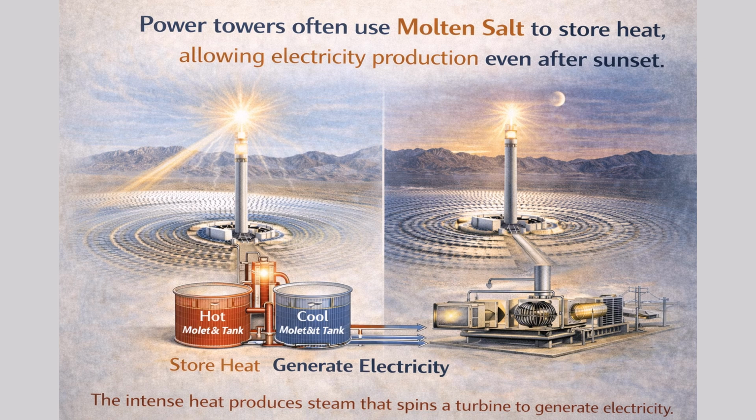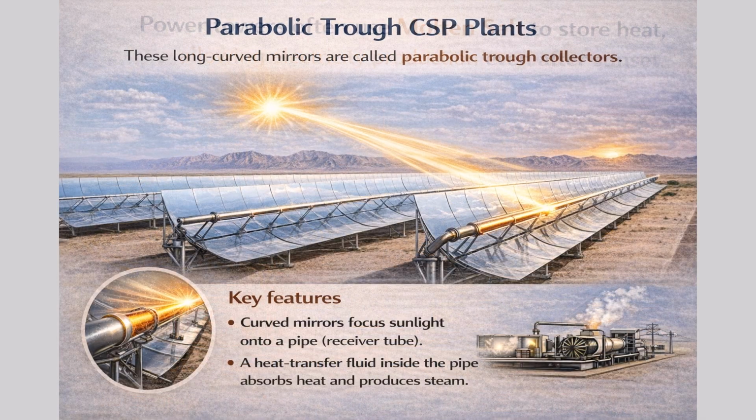Can you explain what parabolic trough CSP plants are and how they differ from power tower systems? Parabolic trough plants are the most widely deployed type of CSP in the world. Instead of a central tower with thousands of heliostats, they use long rows of curved mirrors shaped like a parabola, hence the name. These curved mirrors focus sunlight onto a receiver tube that runs along the focal line of each